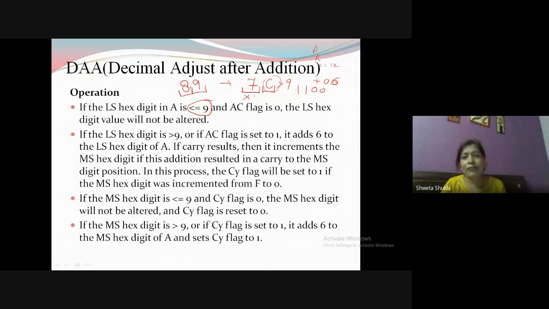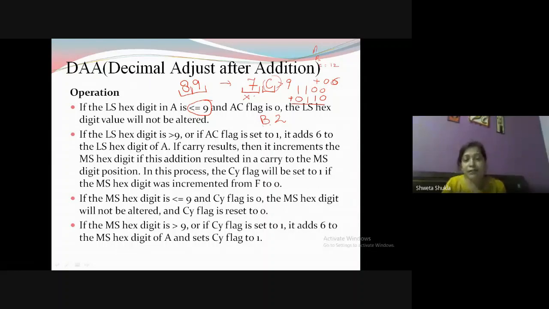Now what you have to add here, you have to add 0, 1, 1, 0 here, like this. Remember, the same thing will happen if it is MSB. For example, if you have the answer as B2 after addition, I'm just talking about these answers after the addition. You have added something, and at the end in the program, if it is written DAA, that means you have to do the decimal adjust. ADD AX, BX, and DAA. So it should be like this.